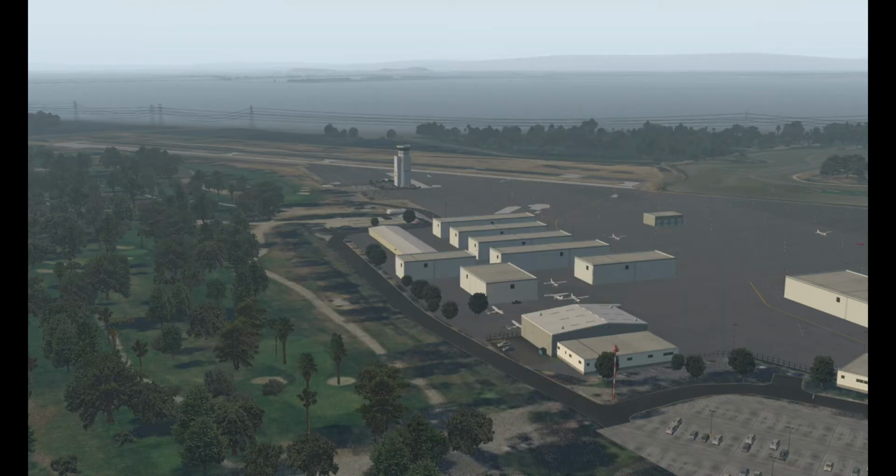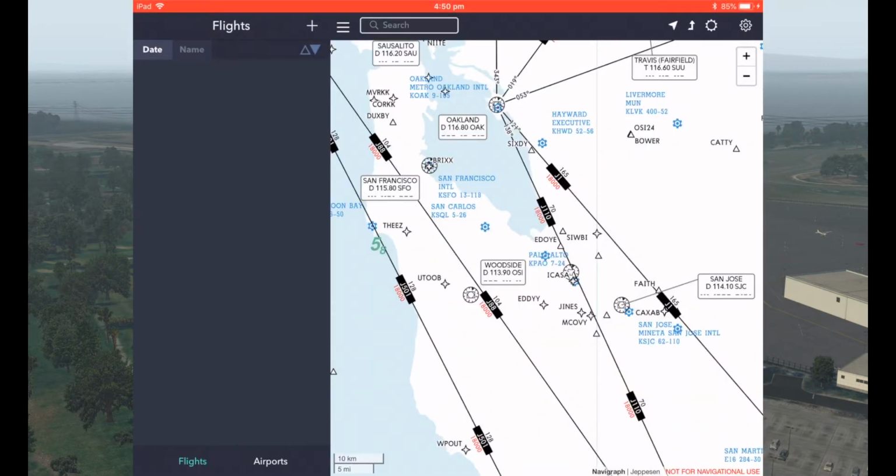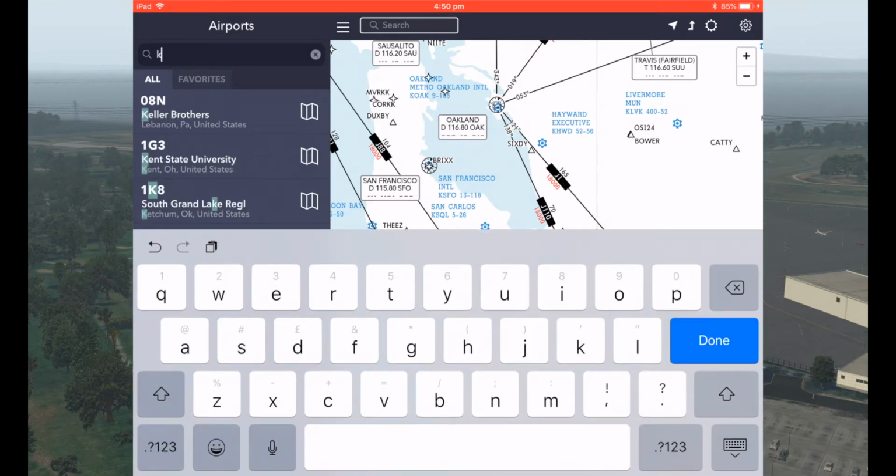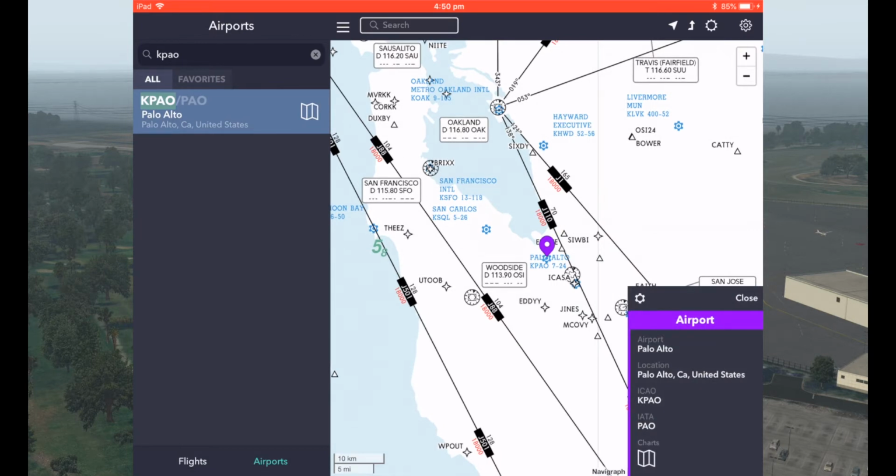Okay, so that's that. What I'd like to do now is switch over to Navigraph, and I'm just going to start that going now. Okay, that's recording now. I'm going to use Navigraph on this route. It's a secondary navigation tool. I just want to show you the difference, really. Let's have a look at KPAO, if it exists. It does. And then if we click on the charts icon there,